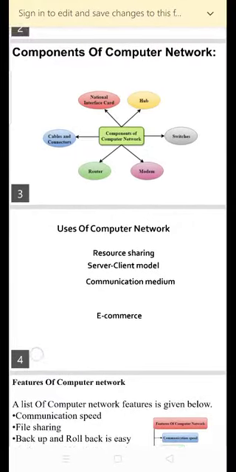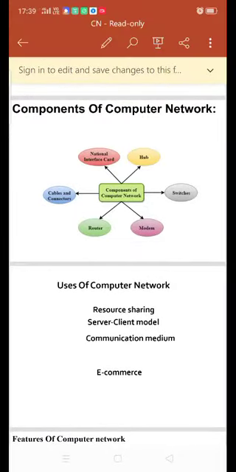So next one is a modem. A modem connects the computer to the internet over the existing telephone line. A modem is not integrated with the computer motherboard. A modem is a separate part that goes in the PC slot found on the motherboard.